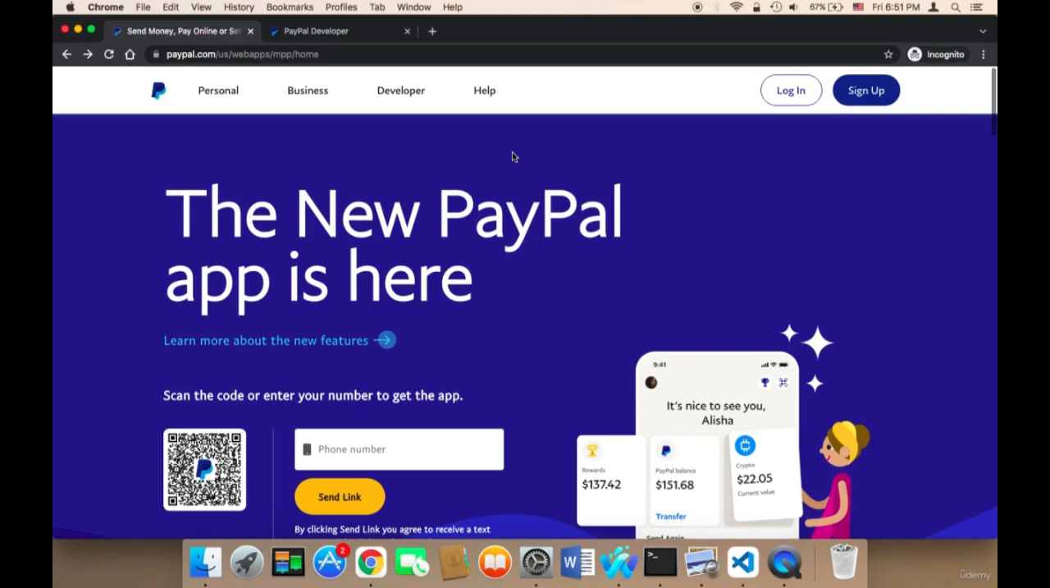Let's now integrate a payment system into our project. To do this, we need to select a payment system, and I'm going to be using PayPal because PayPal is one of the best payment options out there, and I think it's going to help us a lot. So I'm going to be selecting PayPal. In order to start integrating PayPal, first of all, you need to know that